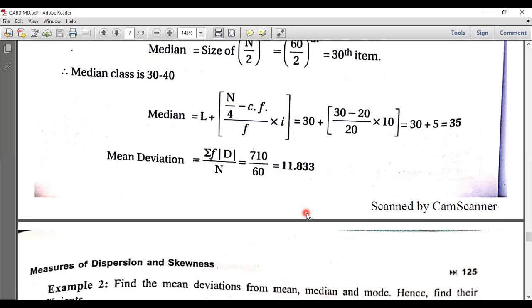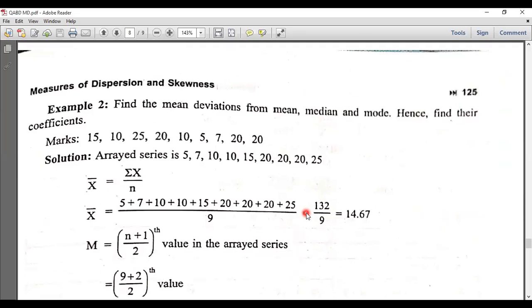So I will show one problem on how to calculate the median, because I already told you in the previous class that we were left with a few concepts on mode. Whatever mode problems we solved were only based on the inspection method. The other method, the grouping analysis table, we'll solve later. In the individual series, mode means the maximum number of times repeated. In the case of a discrete series, we'll consider the highest frequency.